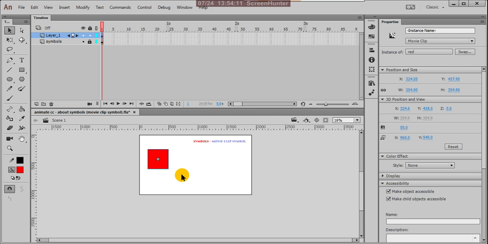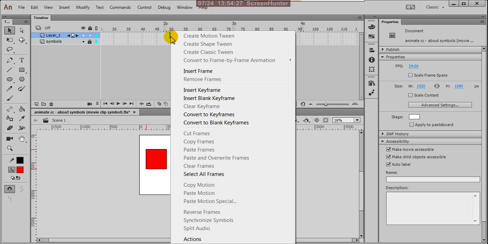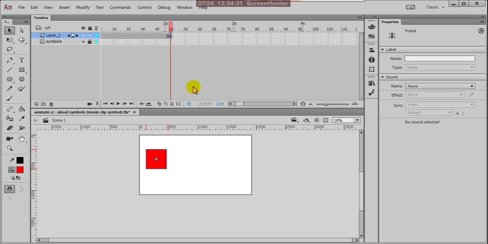So this is my movie clip symbol. Here, make it 50 frames, right click and insert keyframe. So you can do some animation.